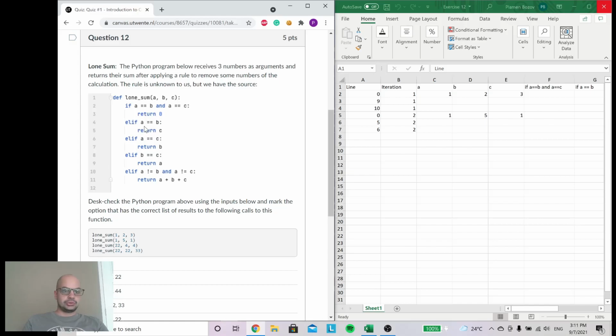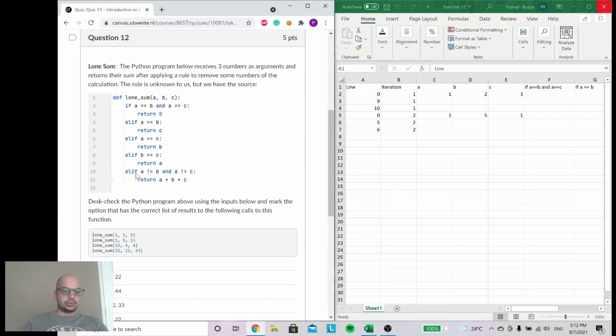The else if checks if A is equal to B. This is also not the case because 1 doesn't equal 2. The next one checks if 1 equals 3. Again, this is not the case. After that, it checks if 2 equals 3, and again, this is not the case.